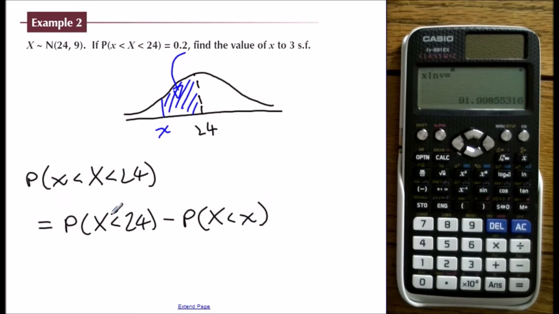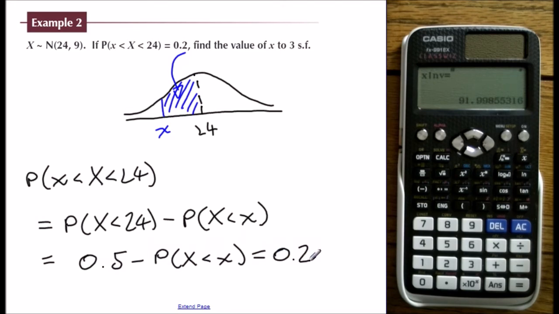We can find this one. This one's got a value in it. We can find it using the normal CD button on our calculator. In this case, because it's the mean, we don't even need to use the normal CD function. It's 0.5. And that whole thing we know is 0.2. At some point I'll get better at writing on the computer like this, but that point is not today. Okay,